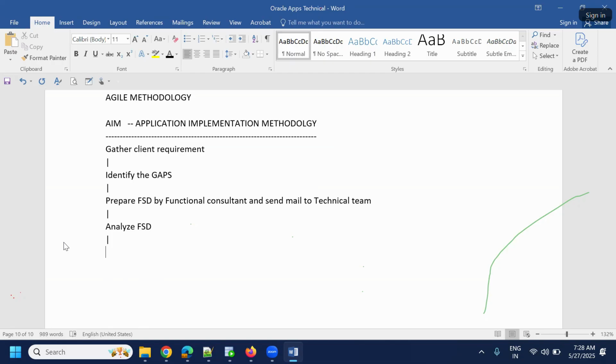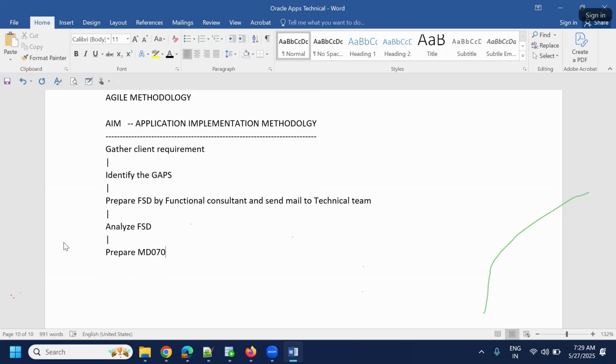If my approach is correct, then I will get approval from my counterpart, maybe the team lead and manager, to start the development. Suppose my technical approach is not correct, then they will give some comments, some feedback. With that, again I will modify that pseudocode. So one day I will get approval from my manager or my team lead to start the development. So don't start the code development right away. Before that, prepare